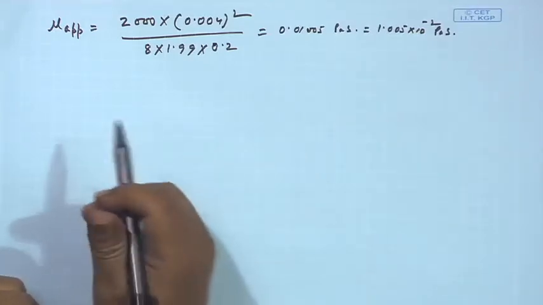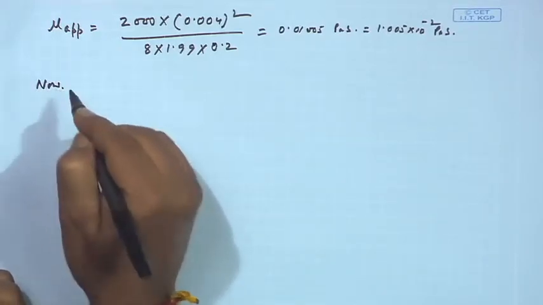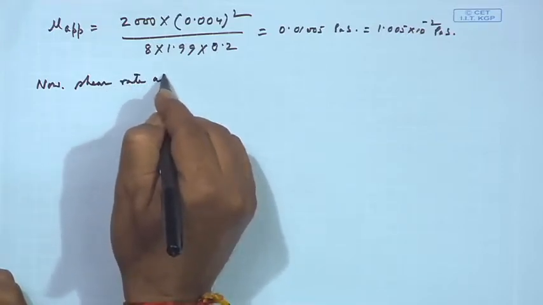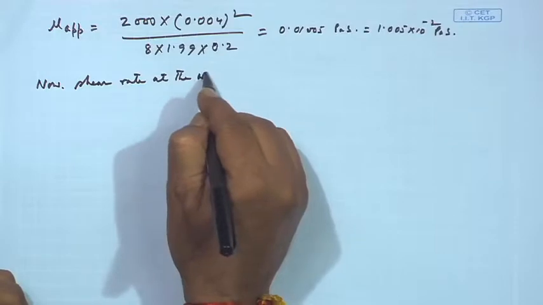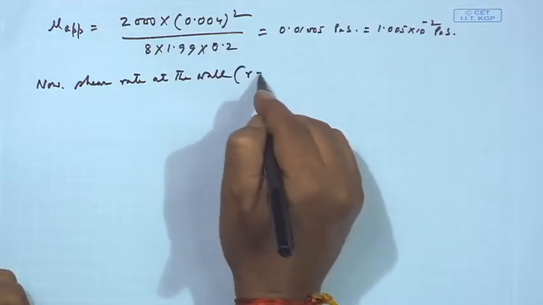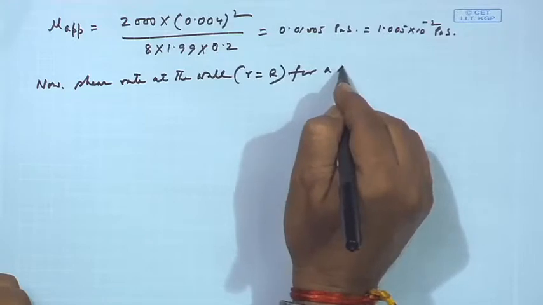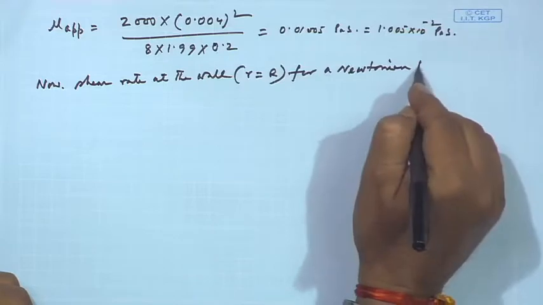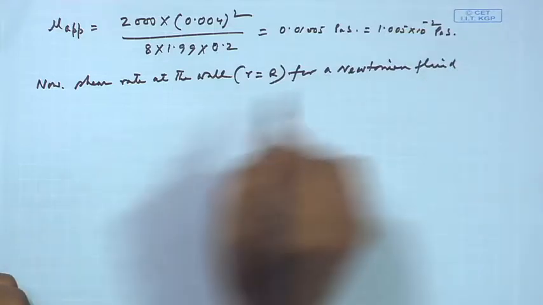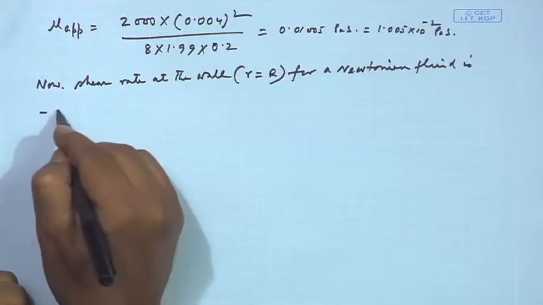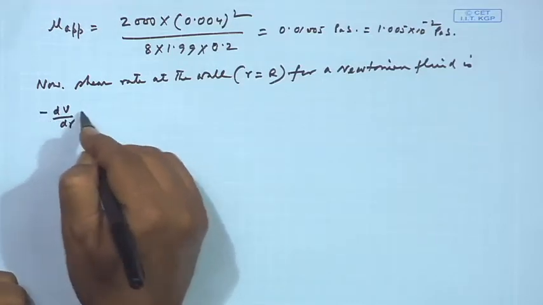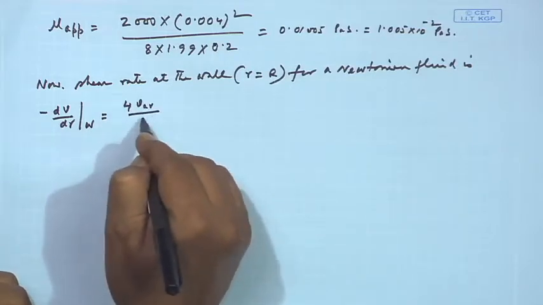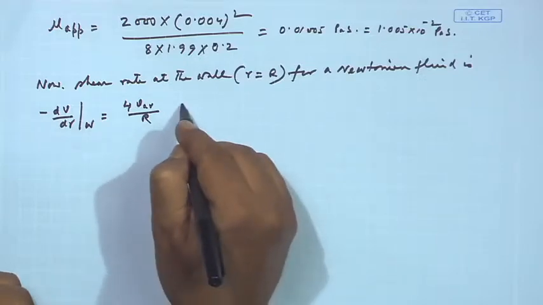Now we can say that the shear rate at the wall, that is at r equals R, for a Newtonian fluid, minus dV/dr at the wall, is equal to 4V average over R, right, whereas